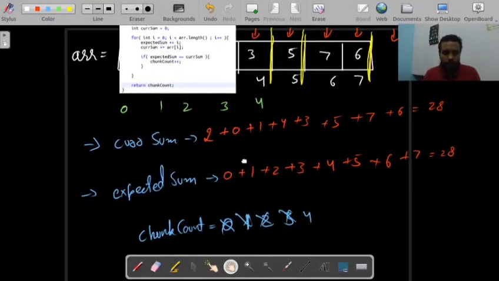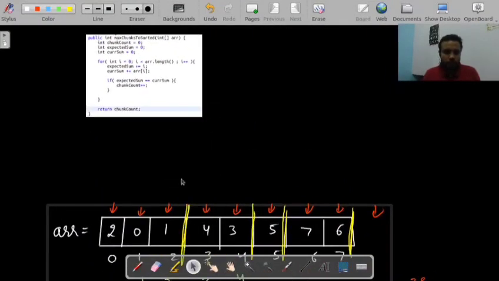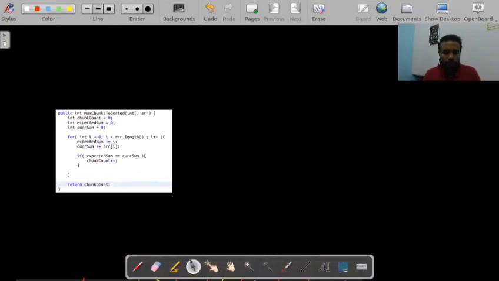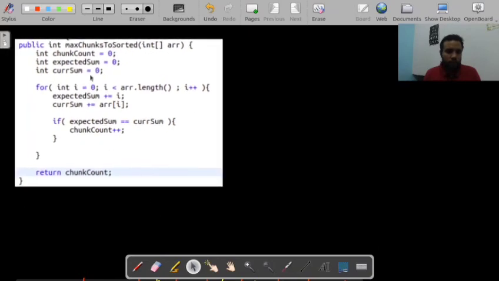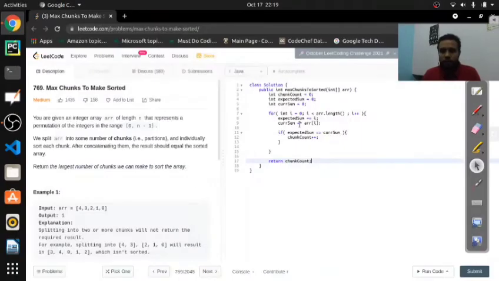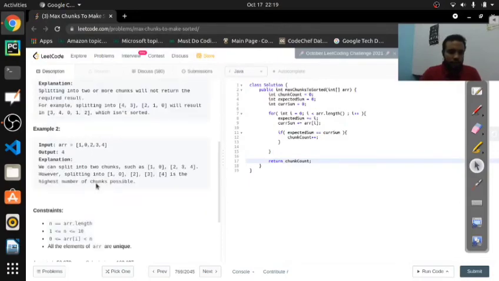Let me make an array, or we can simply use the second array to test it.